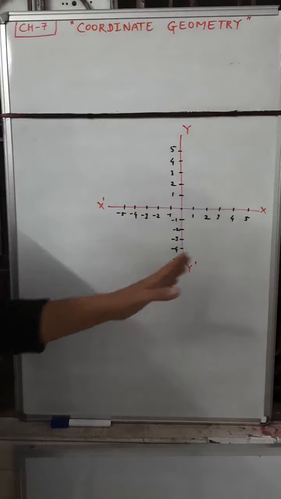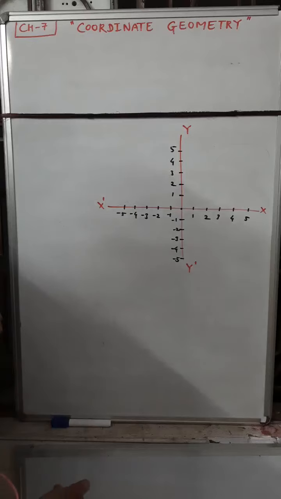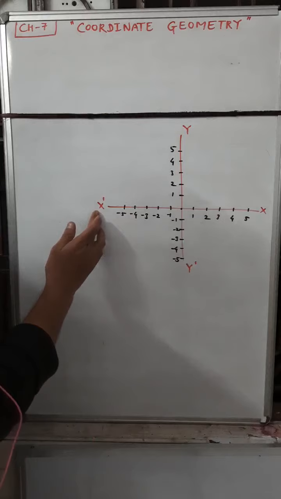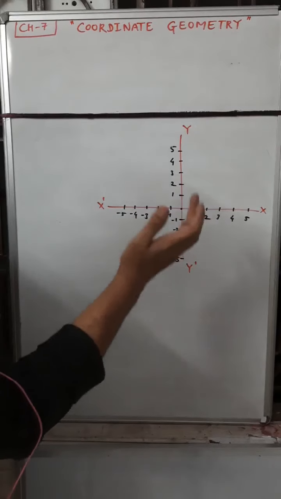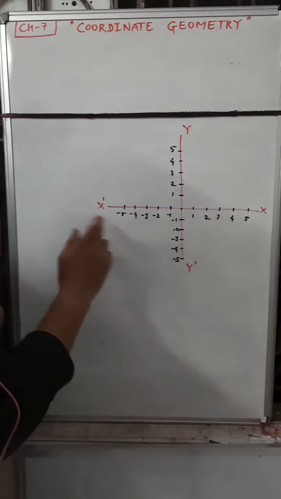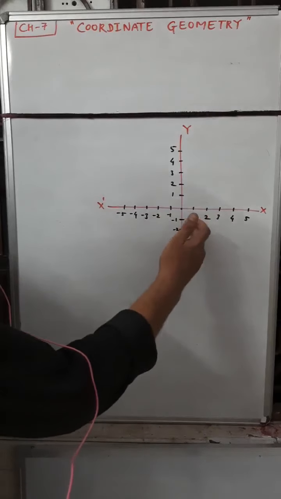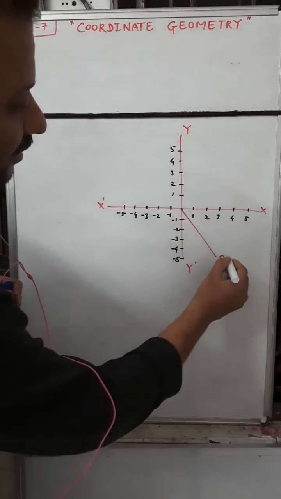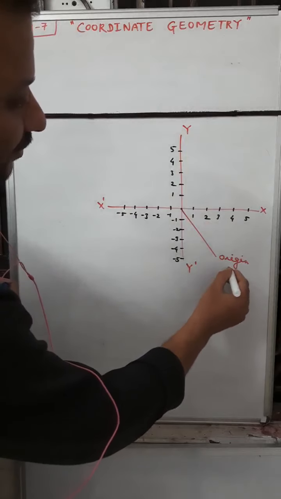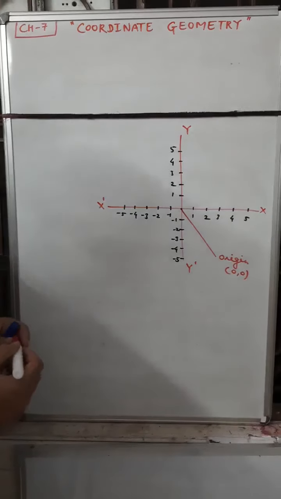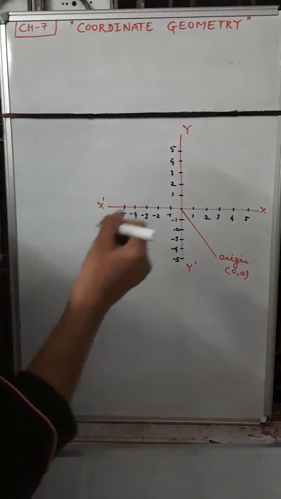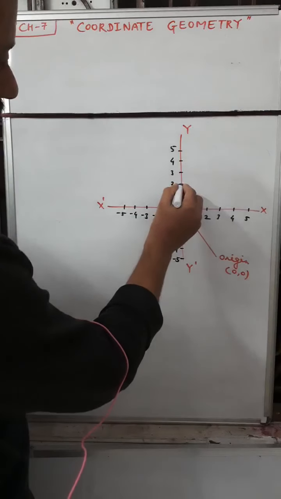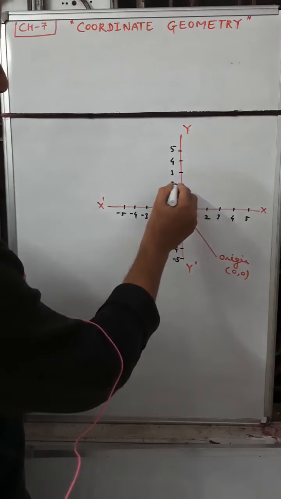So, you are looking here at the Cartesian plane. Of the Cartesian plane, you know very well about positive x-axis, minus x-axis, positive y-axis, minus y-axis. It is called y dash, it is called x dash. Looking at the right hand side of the origin, the center point is called the origin. The coordinate of the origin is always 0, 0. So suppose you have a point A here.